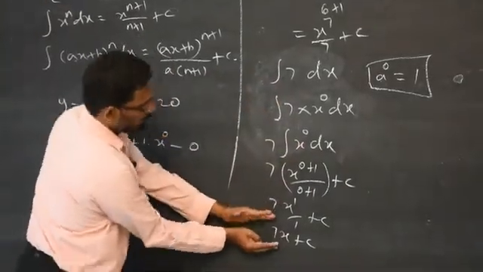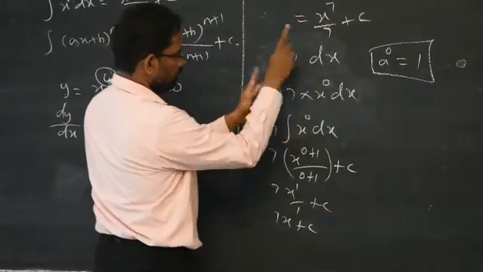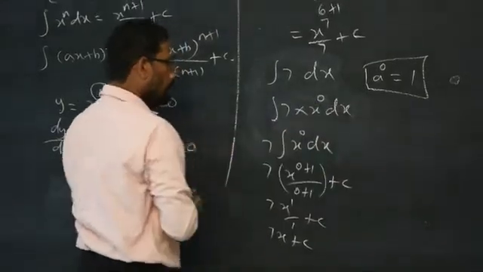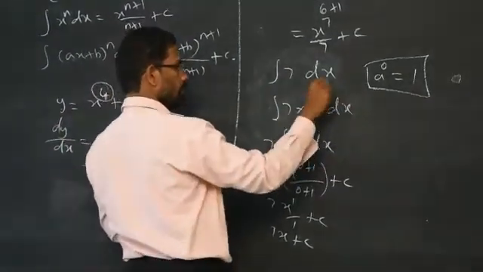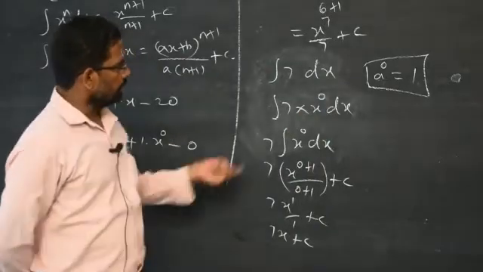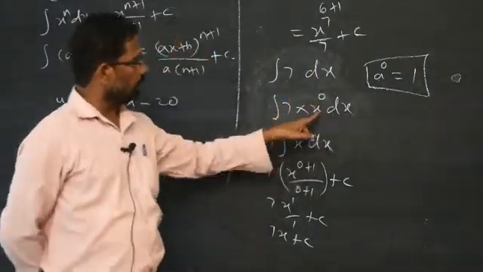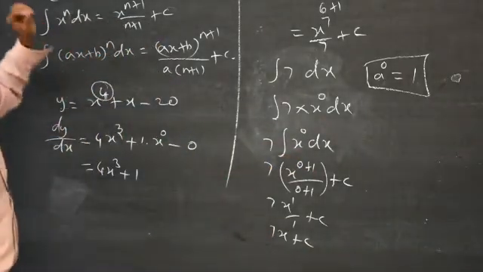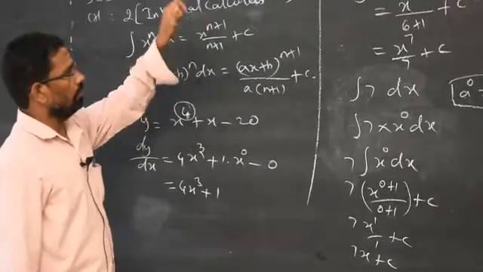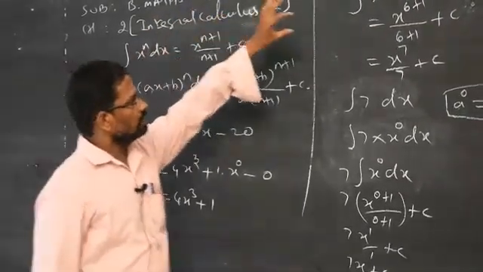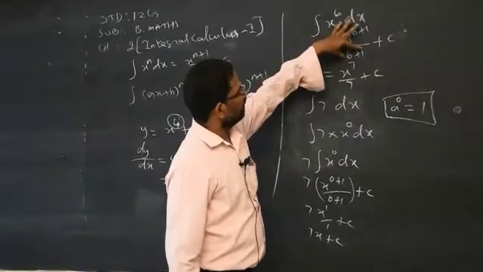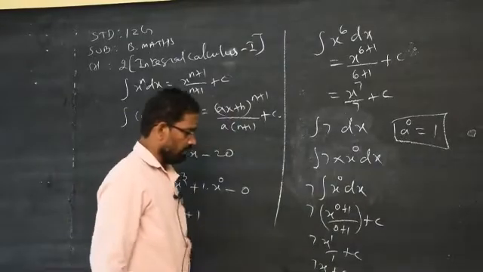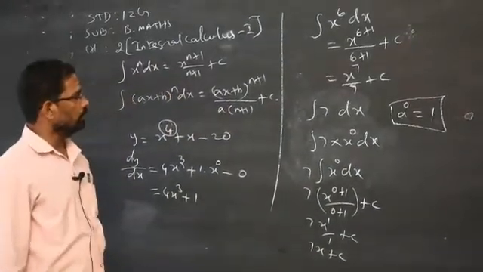How do you get 7x? 7 into 1, 7. So I am replacing 1 by using the basic algebraic technique, that is x power 0. Why I am using x power 0? Because we are integrating with respect to which variable? X variable. If you integrate with respect to y variable, here you have to write y power 0. Then as usual, apply the formula. What is the formula? You should always add 1 to the power of the variable. Then the same should be in the denominator. So I am writing the x power 1 by 1, that is 7x plus c. Clear? Any doubt? This is the basic.